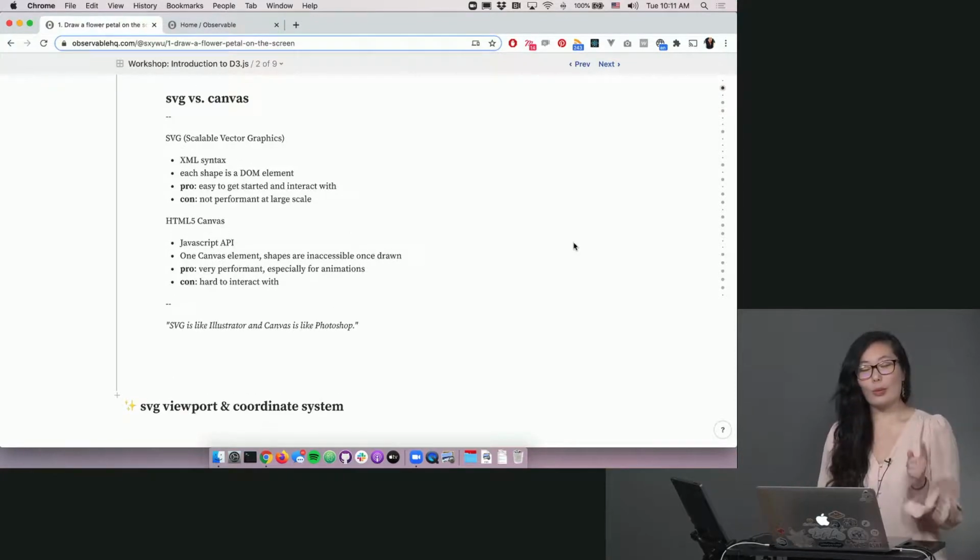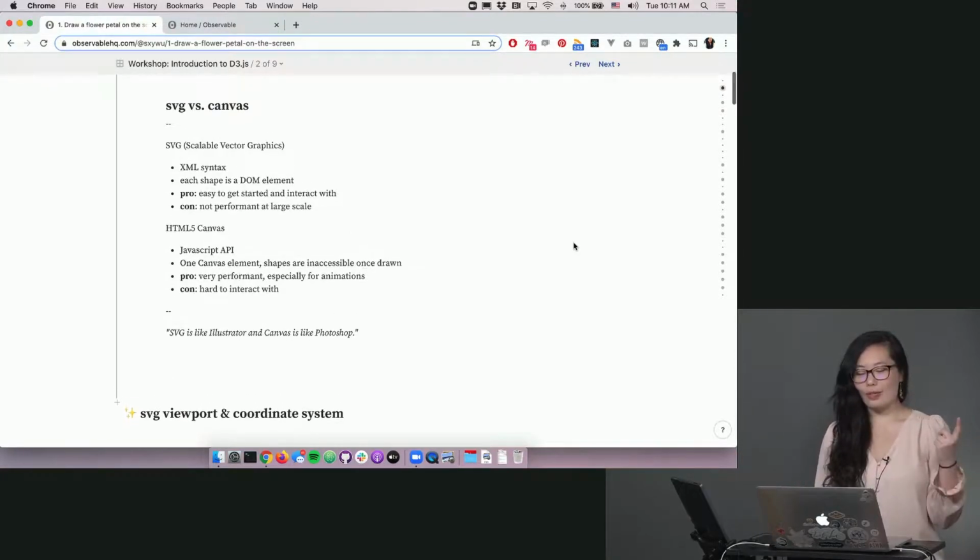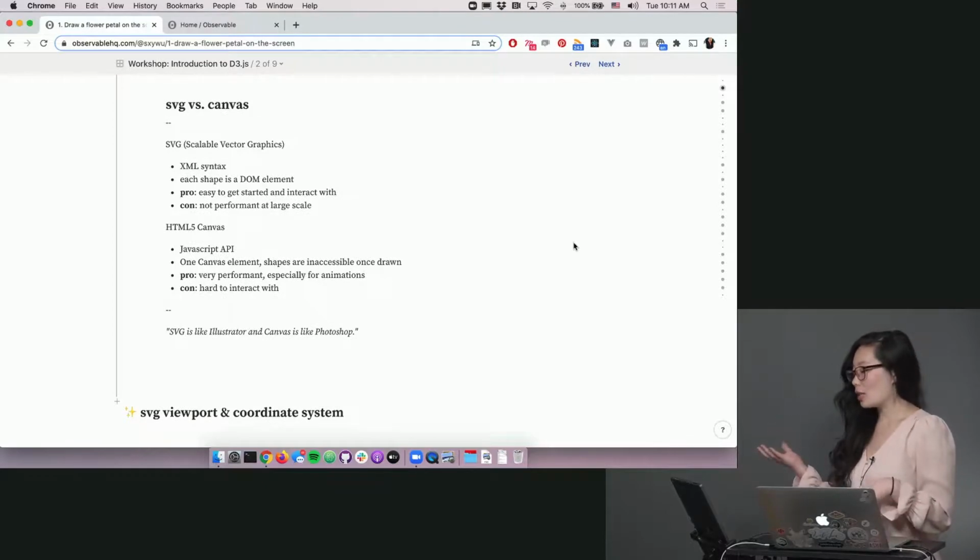Oh, and the way that I always like to think about it, if you use Adobe products, is SVG is like Illustrator, because all of the shapes is